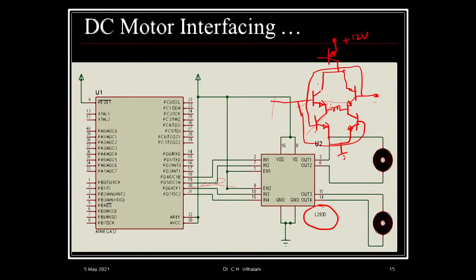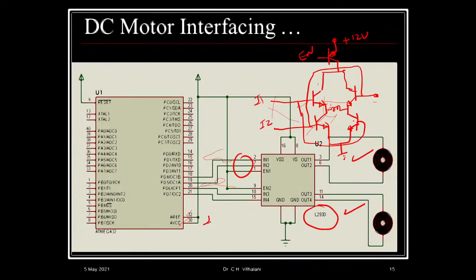So this is one H bridge, and a similar other H bridge is there, and then we can drive two motors here. Right? So for every motor we have 3 pins. One is the enable pin, like this. One is for one pair of transistors, that is I1, and another is for the other pair of transistors, which is called I2.